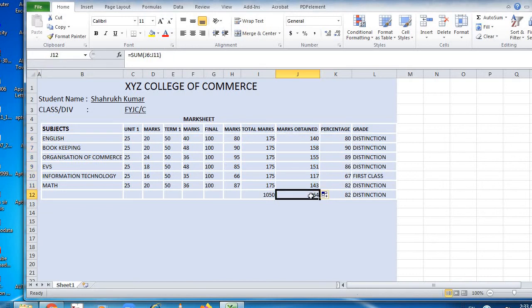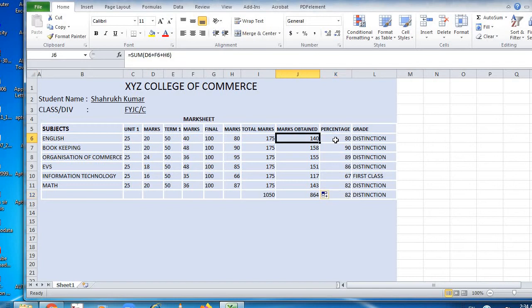I clicked on J6 till J11. So the formula is equal to sum, J6 colon J11. So 864 is the total out of 1050, and I got 82 percentage.